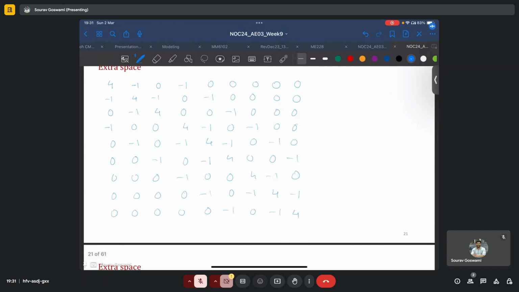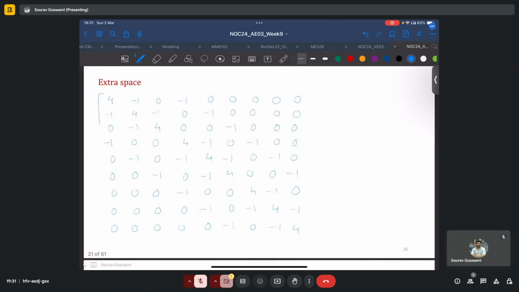This is our coefficient matrix, times W1, W2, W3, W4, W5, W6, W7, W8, W9